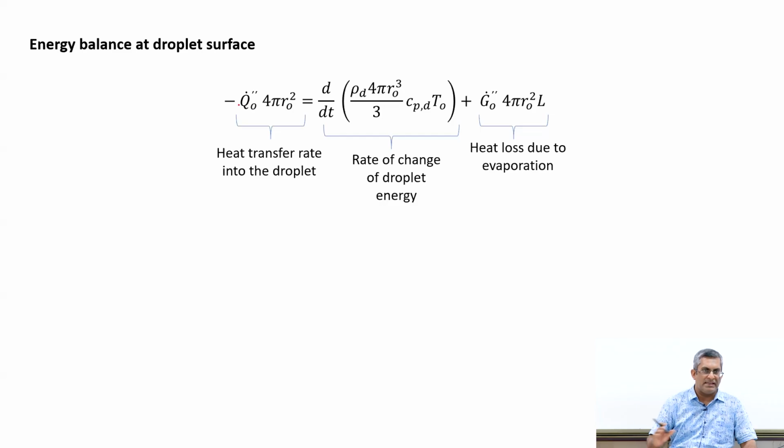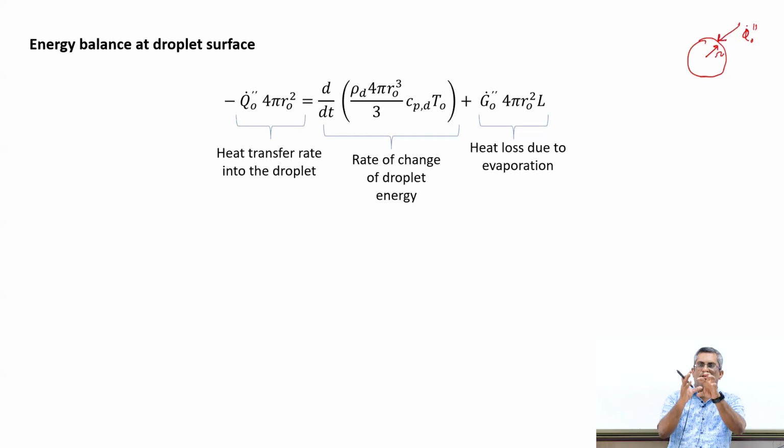If you see in this case, we have heat which is diffusing into the droplet. So, this is the radial outward direction and this is Q naught. That is why their product is negative. Basically the dot product of the heat flux, which is radially inward, and the area vector, which is radially outward, is negative. So, that is why we have put a minus sign to show that the left side is positive in this case,